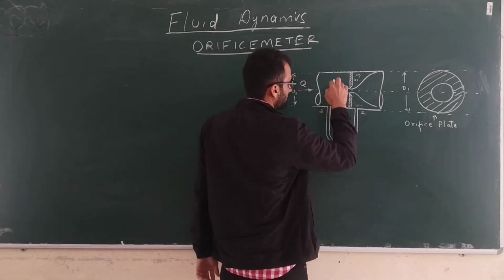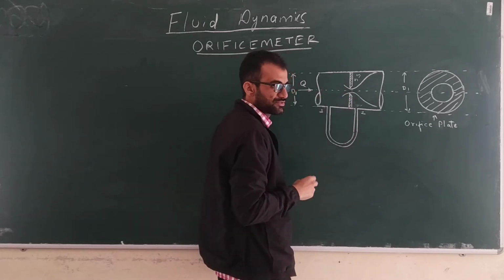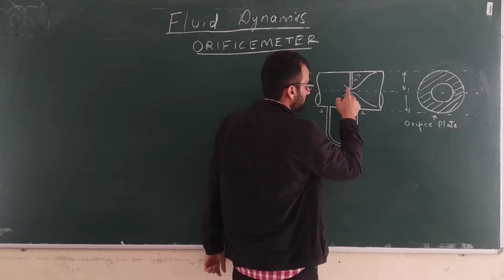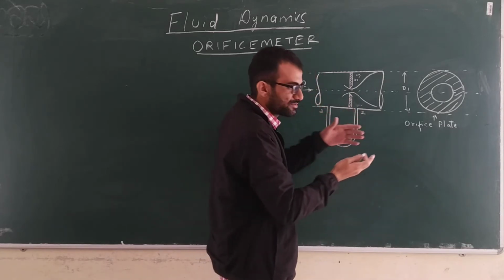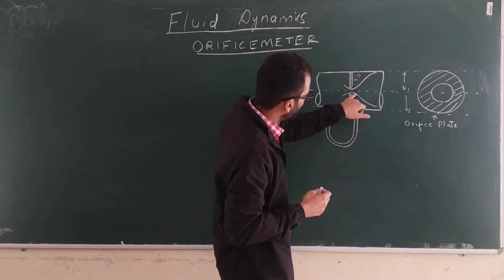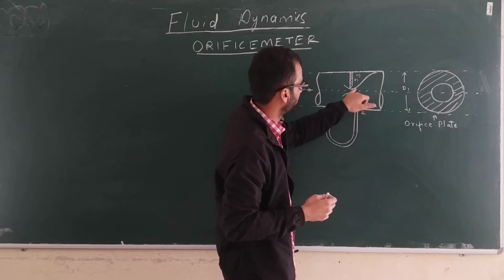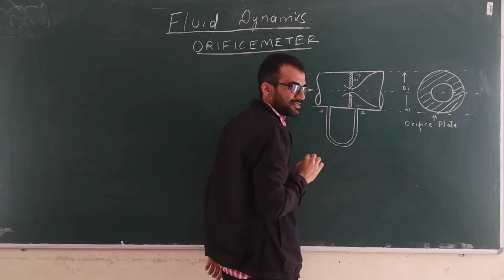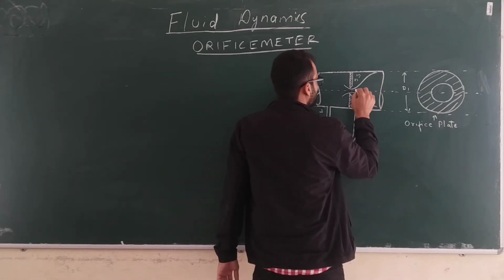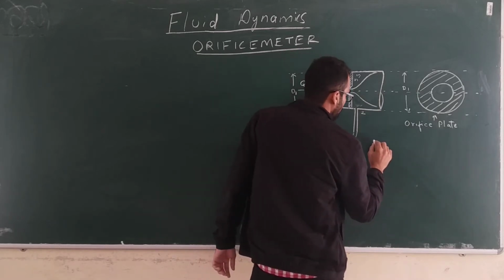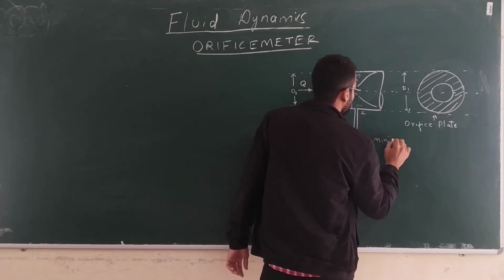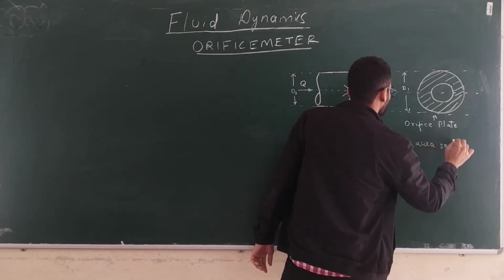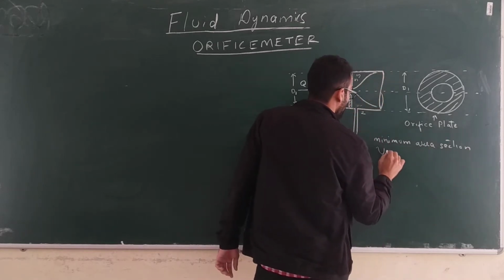So now here at section number 1, area is more, so of course its pressure will be more. But at this section, this is called the vena contracta. Basically when the flow moves through a contraction, the minimum flow area is achieved at some point and then the flow will start expanding. So this particular section where the area is minimum is called the vena contracta. I'll write it here: minimum area section is called vena contracta.